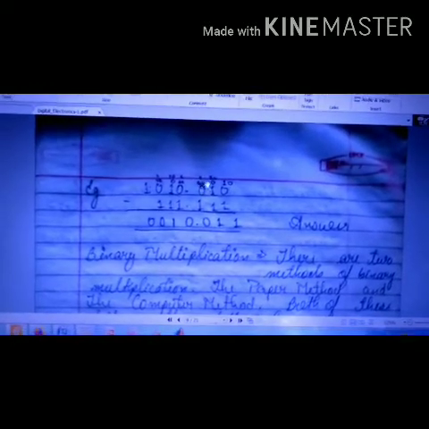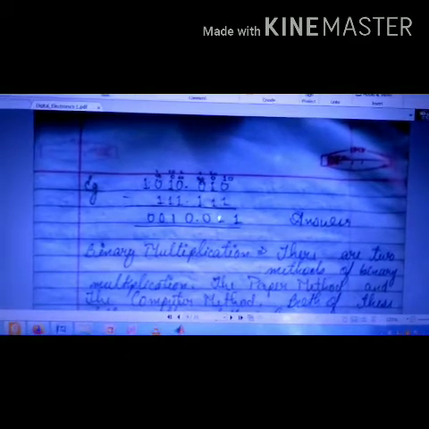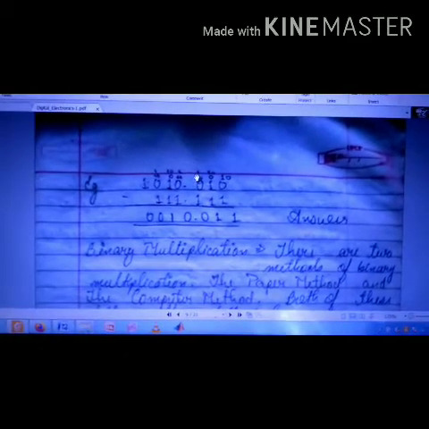10 from here will give 10 here, it will be 0 in this case. 10 will give a borrow here, it will become 1 and it will become 10. This will give a borrow here, it will become 10 and this will become 1. So 10 minus 1, I get 1. Then this is 1 now and this is 1. 1 minus 1 is 0. This is 1, this is 1. 1 minus 1 is 0.